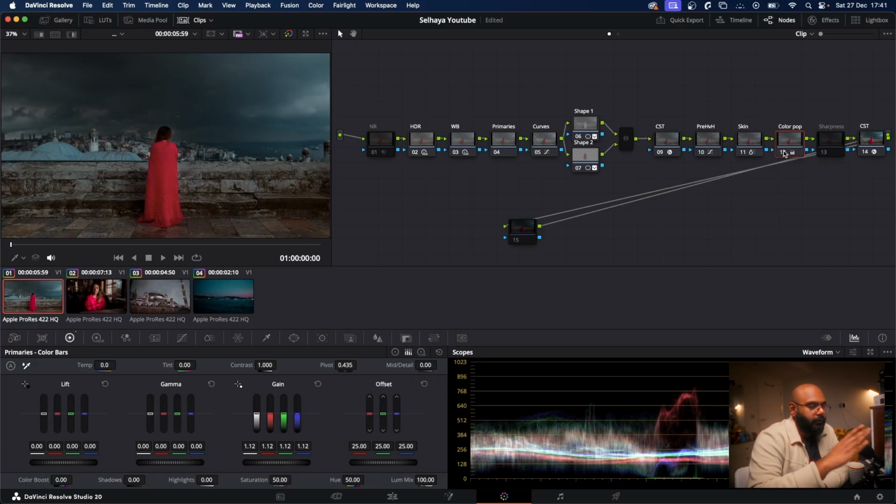So I made sure, this is like a proper grading workflow, and I managed to do all of this. I always go back and forth in color pop, skin, hue versus hue to bring the correct colors of it. And then the other slide is sharpness, where if you need sharpness you can just add. This shot never needed sharpness. And then this is a CST, which brings the DaVinci wide camera back into